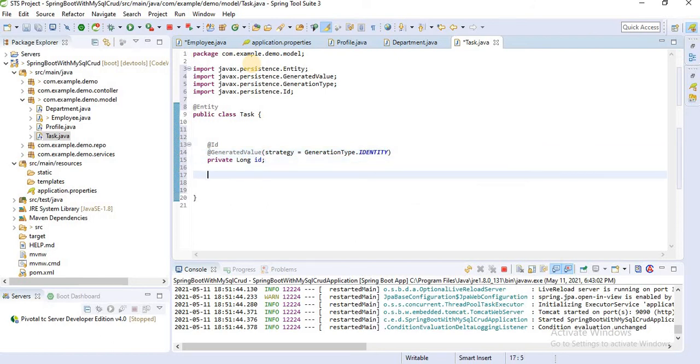Then add task name, private string name. Then add private string priority.